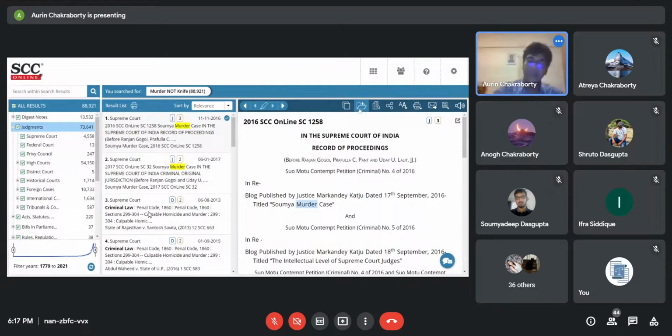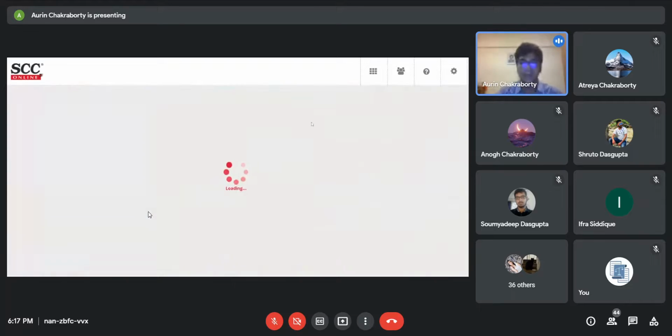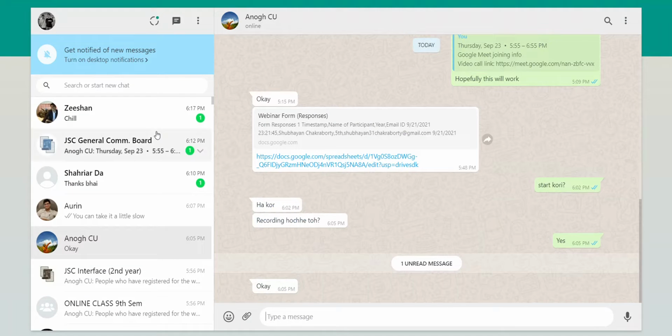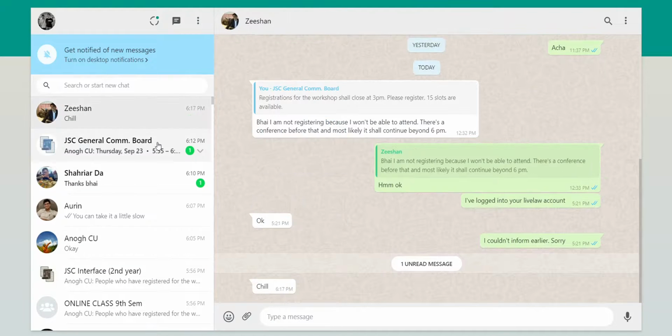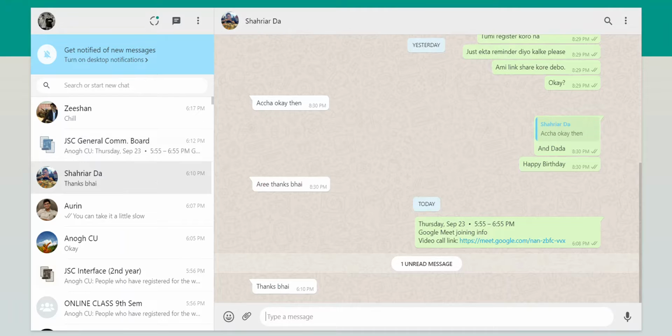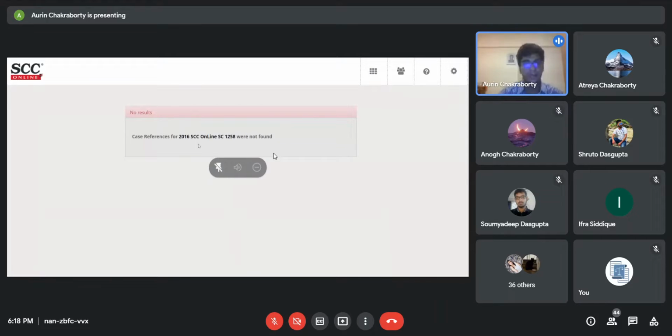reference, right? In case you're looking for a case reference over here, you can always search for that by virtue of this button, right? So essentially what will happen over here, I've just fired it, so I just wait for the results. Right, now over here, this case reference for 2016 SCC Online SC 1258, it's not been found because it's a rather new case law, and it has not been probably referred to anywhere else.